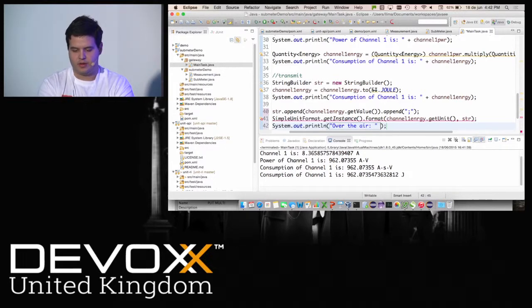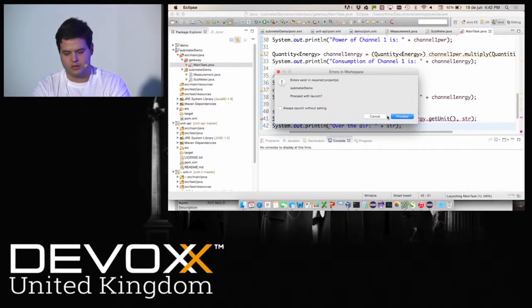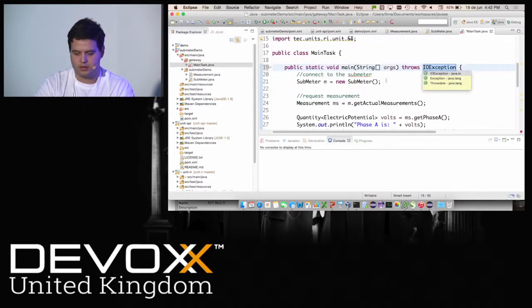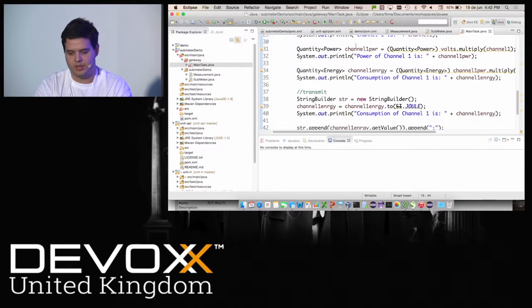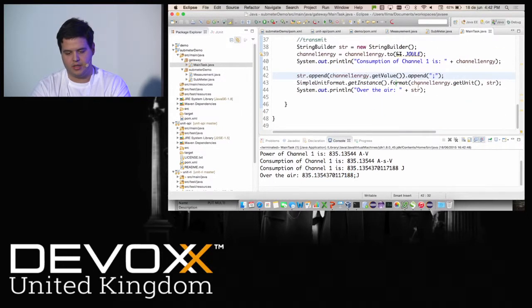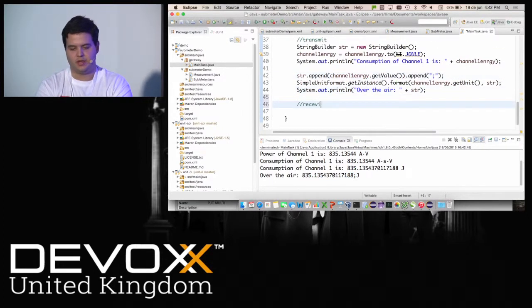So over the air, I'll have this string sent. Yeah, this throws an exception because it can have an IO exception appending this to your appendable. So over the air, I'll send this, and on the receiving side,